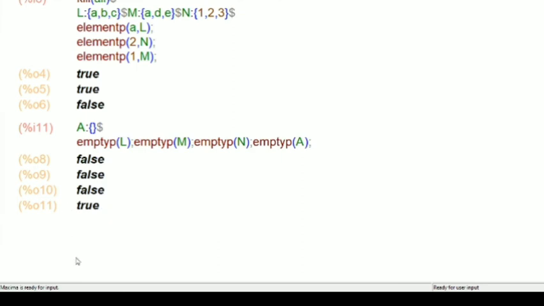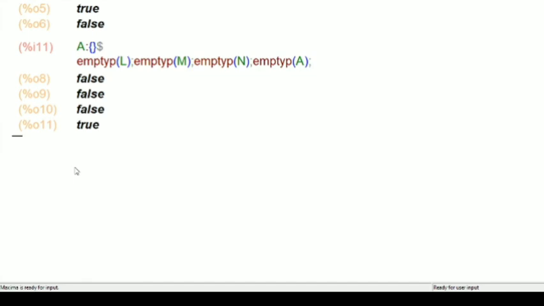The next one is to find the subset of the following with the given function. Suppose if your L, I'll kill all the earlier stored values. Your L is stored with A, B plus C and C minus D. And what is your M? Your M is 2, 5, 6, 9, 11. And your next set is N. What is your N? It is 1, 2, 3, 4.